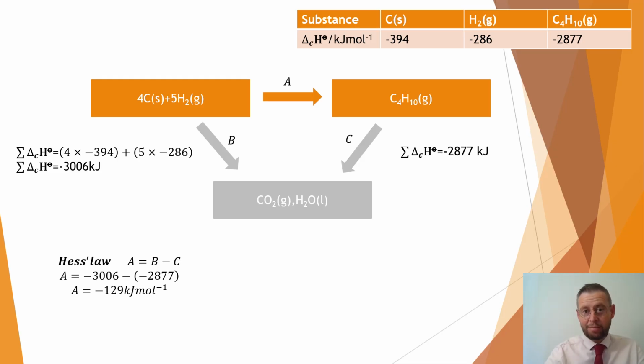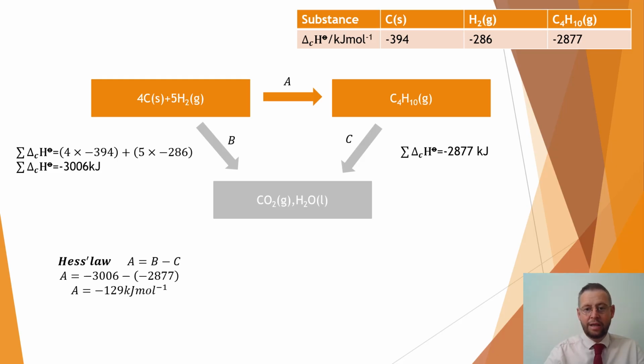So with this method, we have to remember to multiply by the number of moles of the individual elements. So 4 moles of carbon added to 5 moles of hydrogen gas. And so in working out the sum of the combustion enthalpies, we could do 4 times -394 added on to 5 times -286. It means that, of course, burning carbon and hydrogen is exothermic,